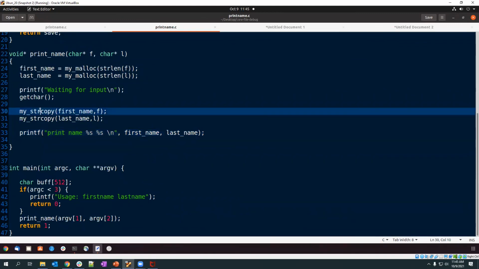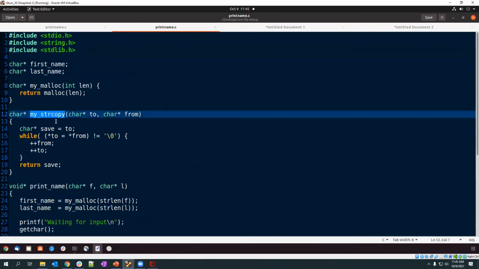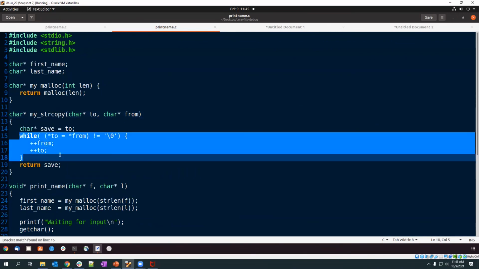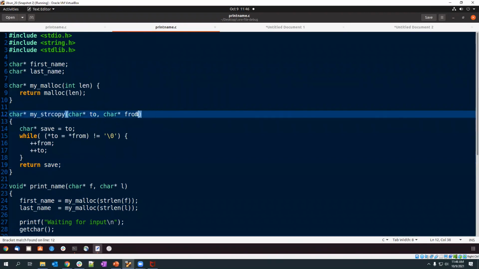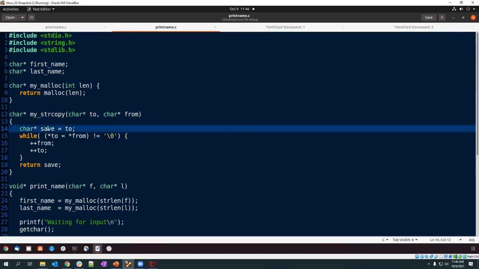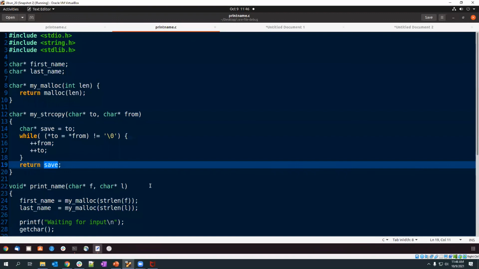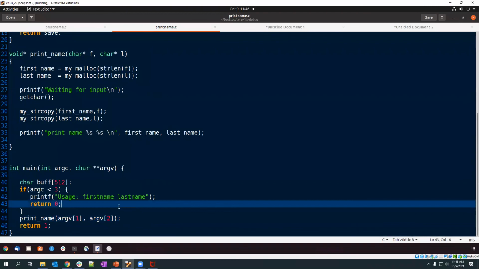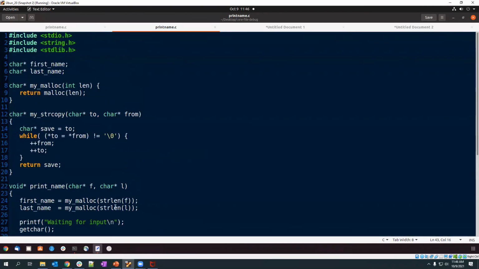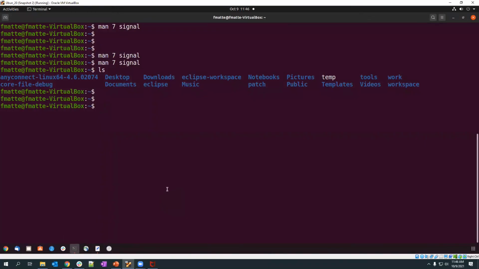And how the argument copy is happening is with the mystrcpy function. Here what it does is a character by character copy. Every character it copies until it realizes that there are no further characters, and then it returns. This is a destination and this is a source, and then it is copying it to the destination. I have taken a reference pointer which I'm returning over here. Finally I'm printing it over here. So let me run this program. By looking, you can realize that it looks pretty good. Really, it is good because it doesn't have any errors.